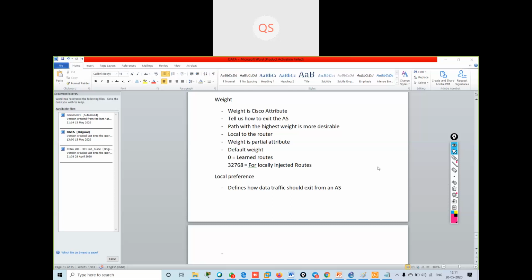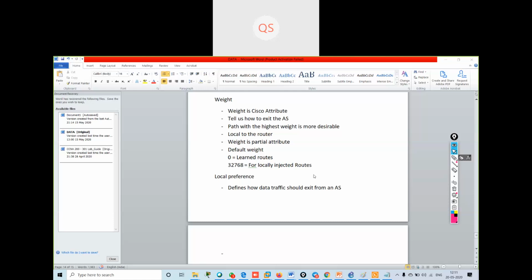Okay, so where was I? Local preference defines how data traffic should exit from an autonomous system. Weight is Cisco proprietary, so you will not find the weight attribute in other vendor routers.